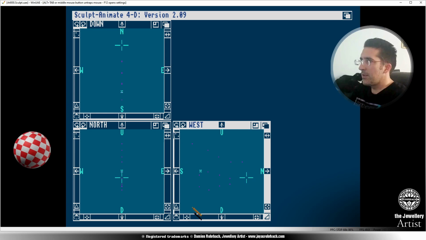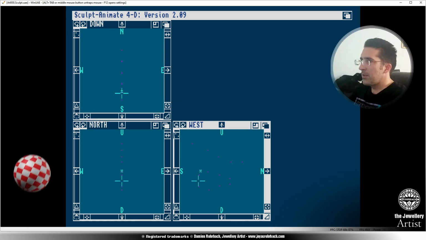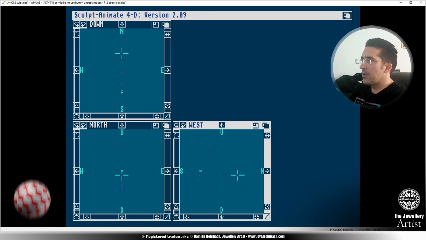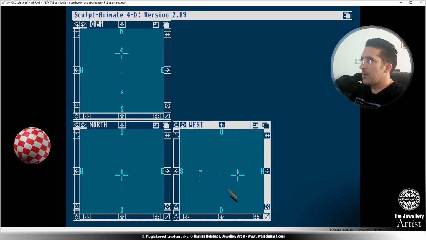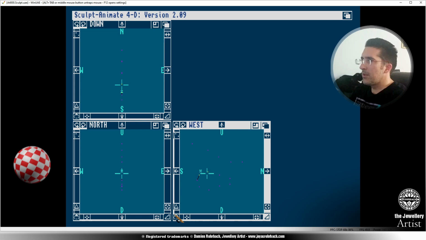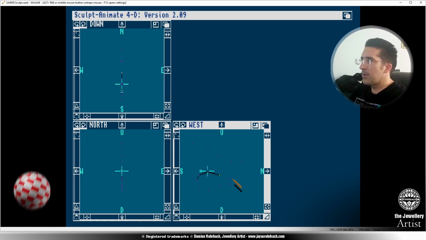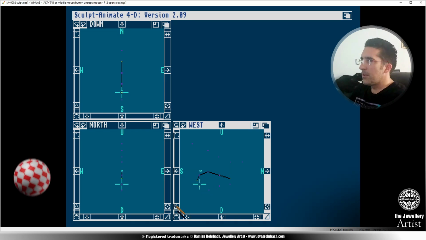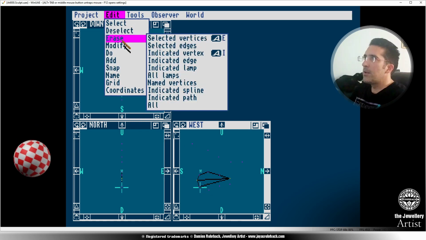I had an AMIGA 500 like many of you, and I don't know where I got the software from. I can't remember at all. I had no manual. I just had the discs. And I remember that one day I understood what I was seeing on the screen. Also, the software was in English, but luckily I was already learning English thanks to the video games,